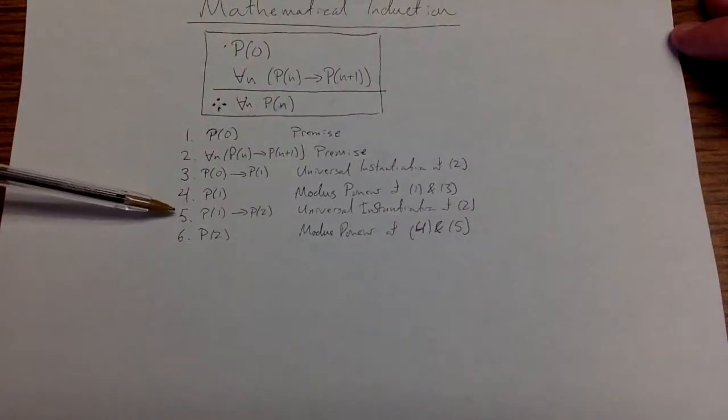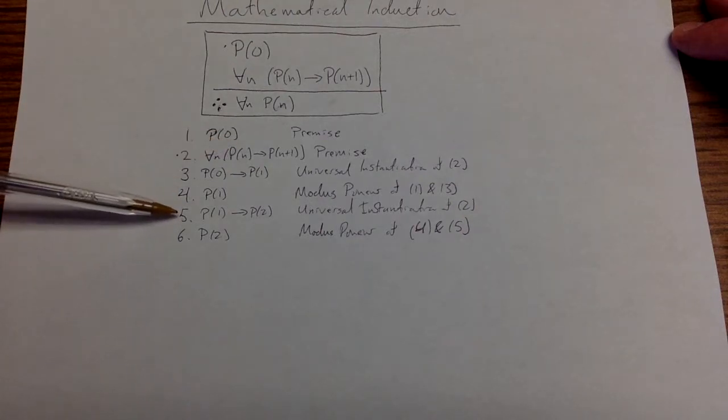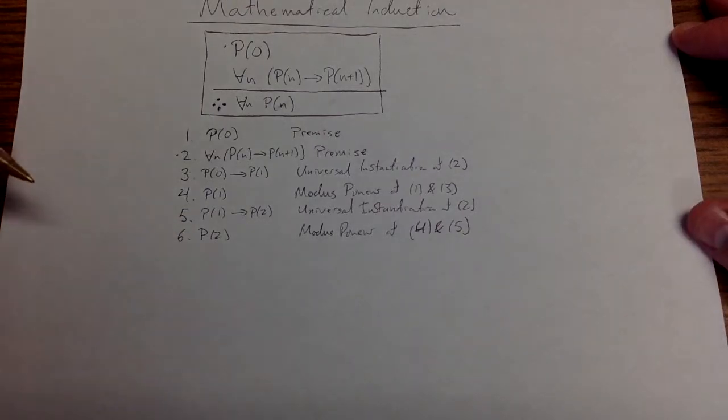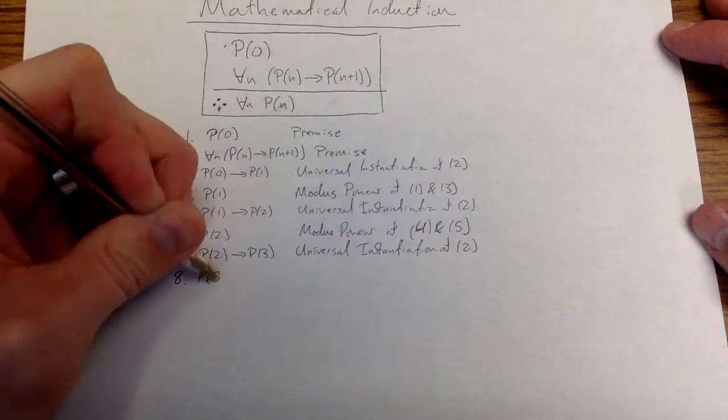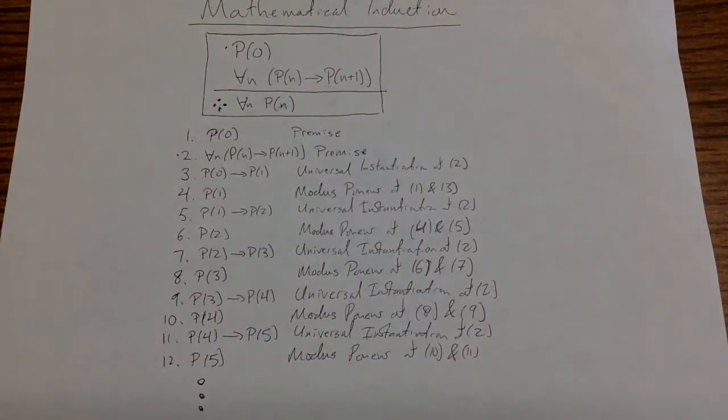So I see that I can use universal instantiation of this universal quantifier again to put in n equals 1, and see that P(1) implies P(2). And therefore, since P(1) is true and P(1) implies P(2) is true, I can continue on this ad nauseam. So we can just keep on going, following this pattern over and over again, and I will complete a proof for every finite n. I will have a proof that P(n) is true.